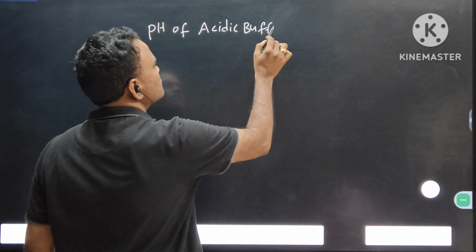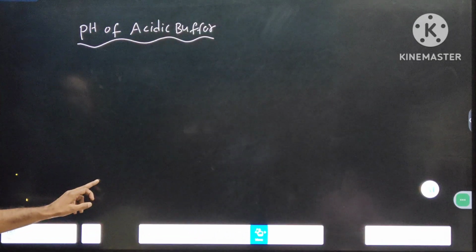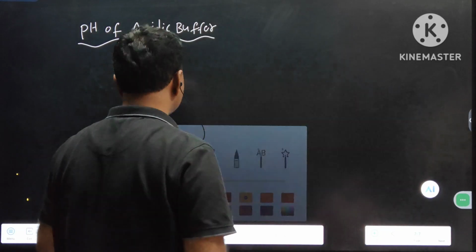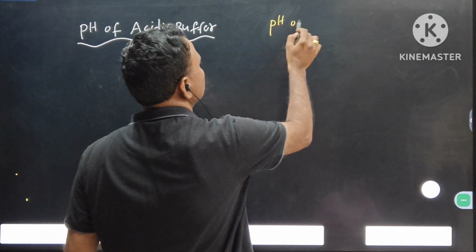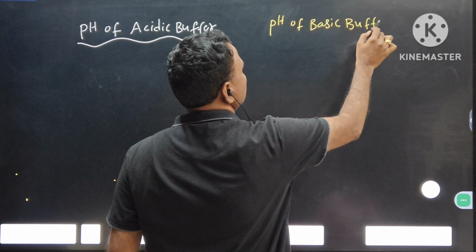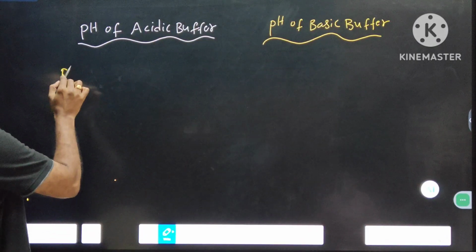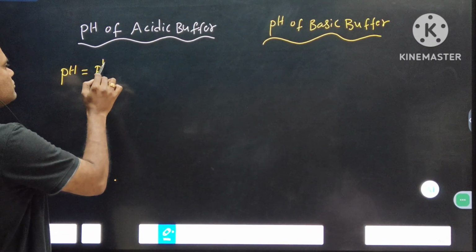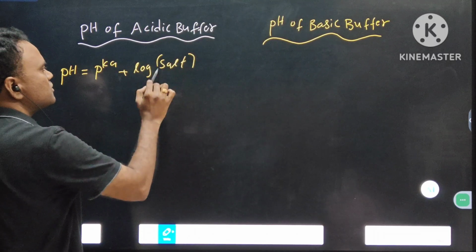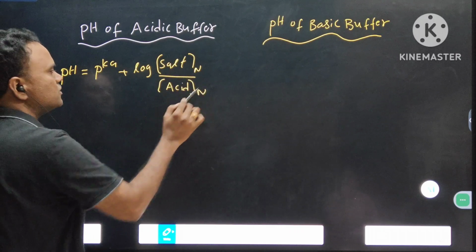How to calculate the pH of an acidic buffer? pH is equal to pKa plus log of salt concentration by acid concentration,